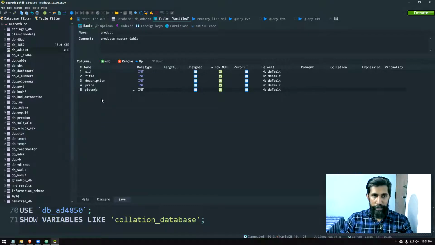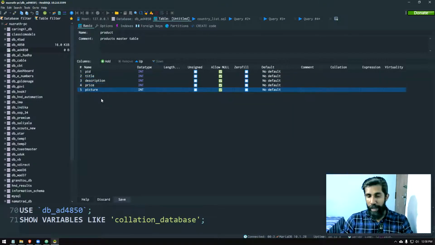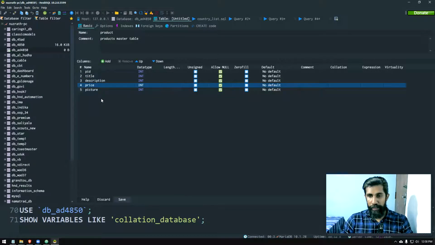You can have other things like, for example, in stock, whether it is available or not, out of stock. Or you can say quantity, how many you have. So if the quantity reaches 0, then you can say out of stock automatically. Since we are not going to do the transactions from this one, we're just going to exhibit the products. So if you are planning to do something like that, you can think of having a column planned like that. Okay, column names done.